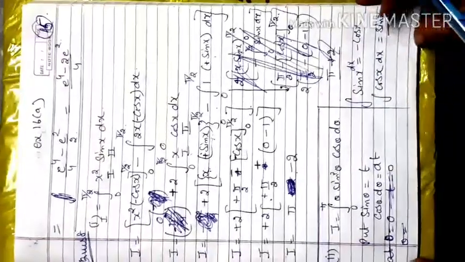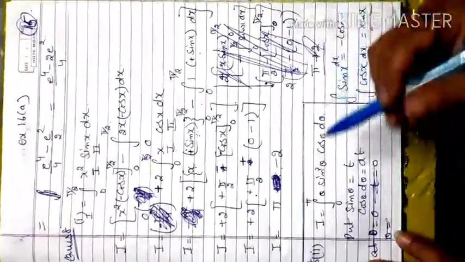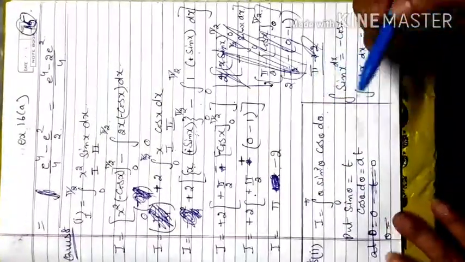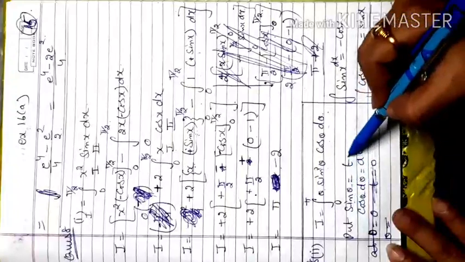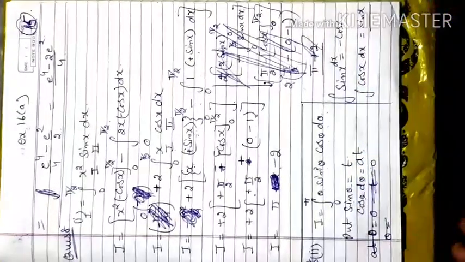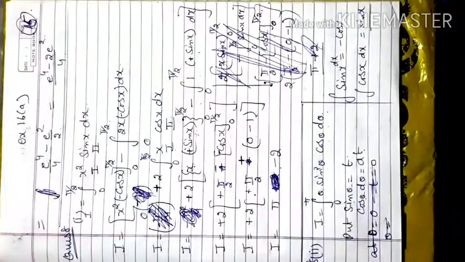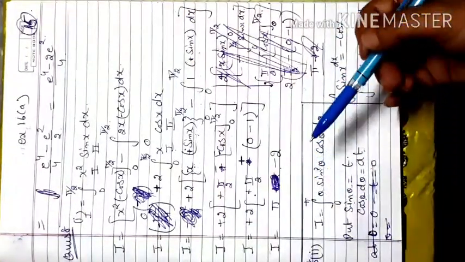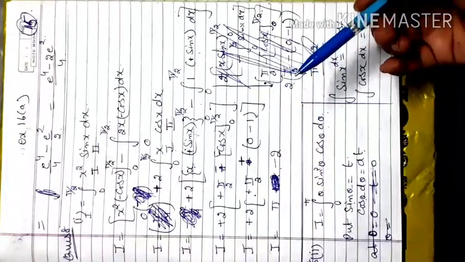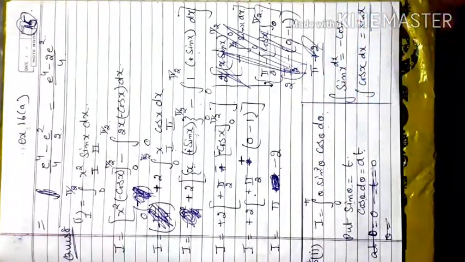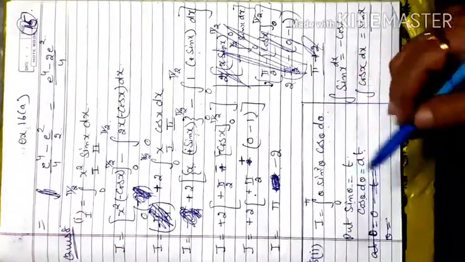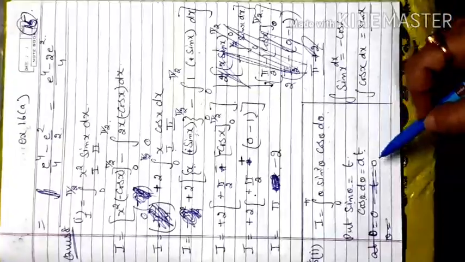Next is the 8th question, second part. Here your limit is 0 to pi, integral of sin square theta cos theta d theta. When I substitute sin theta equal to t, the differentiation cos theta d theta changes to dt. But if I apply the limits, all become 0, like sin 0 is 0 and sin pi is 0. So in this case, we do not apply the limit at the start. When we convert all the t terms back into theta, then we use the limit. First we will solve this question without the limits.